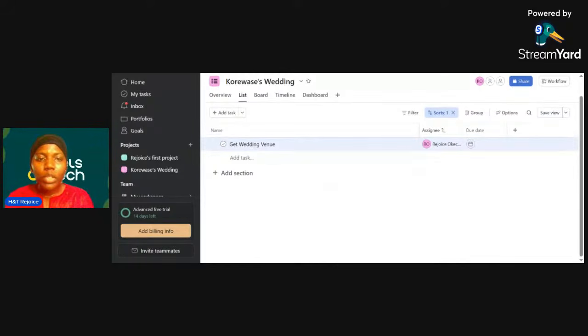You're going to learn the basic use of this tool called Asana. So Asana is a productivity tool which is also used in project management. You can use it to track your task and a few things. You can use it to organize your life even privately, even if not as a business owner. You can use it to check on your task, know the due date, and be reminded so you don't forget things. If you're very good at forgetting things, this is the app you should use so you don't forget.